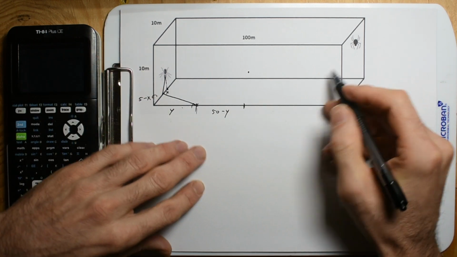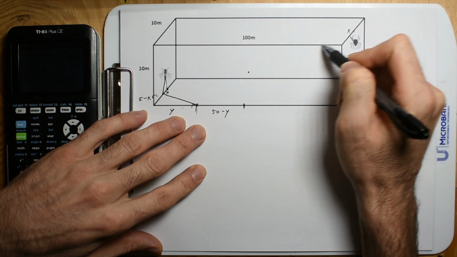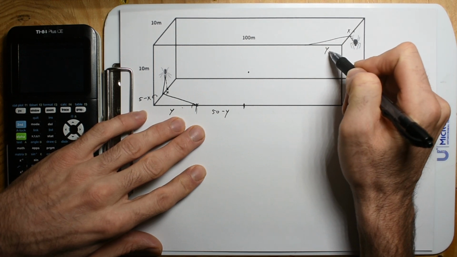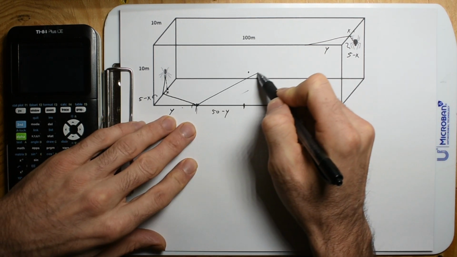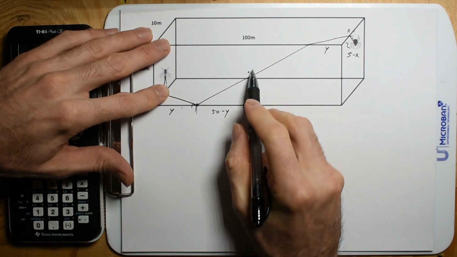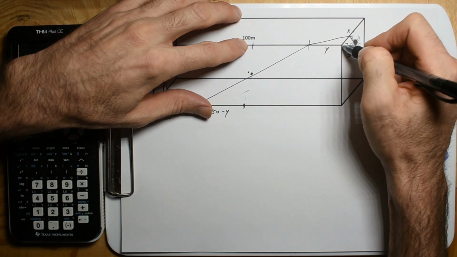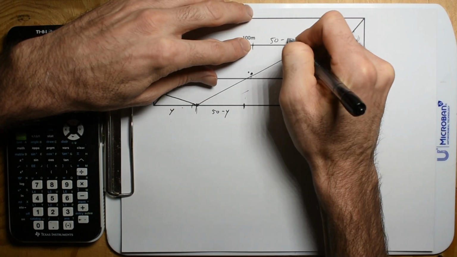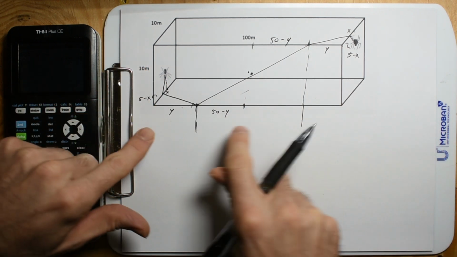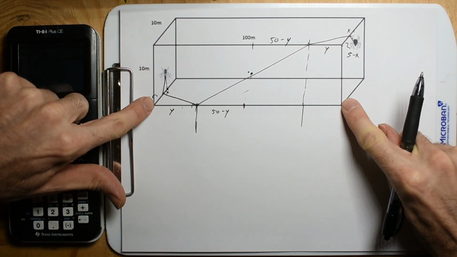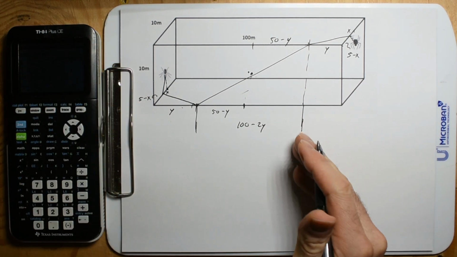Cool. And then we'll do the same thing over here. We're going to come in at a distance x. We're going to hit this at a distance y. This is going to be 5 minus x. And then these 2 points are going to meet. And sorry, the middle's not visually very good. But anyway, this distance right here, if this is y and this is halfway, this is going to be 50 minus y. Or we could say this whole distance right here is, if this is y and this is y, and the full distance is 100, going to be 100 minus 2y. And that's what I use in my